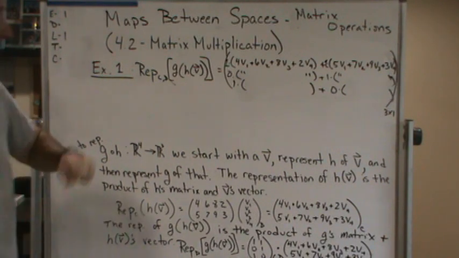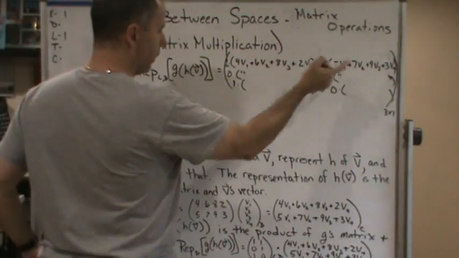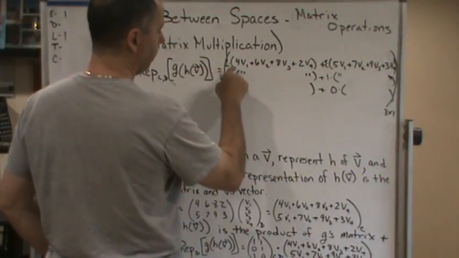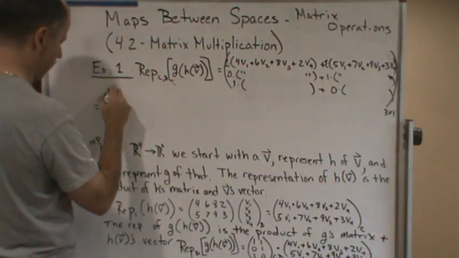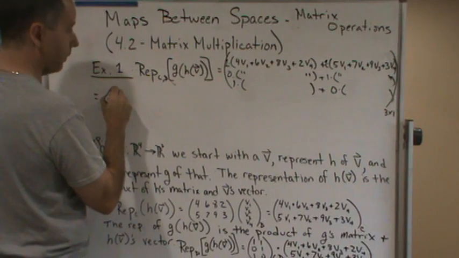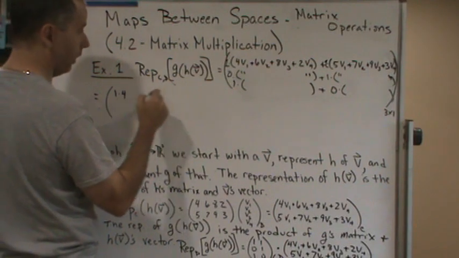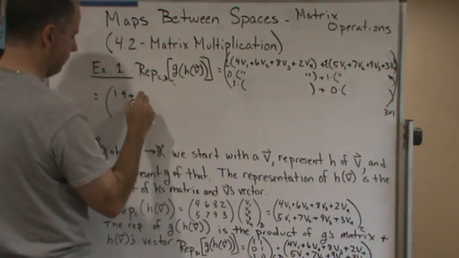Yeah, let's just do this. So I'm going to rewrite it this way. What I'm going to do is I'm just going to regroup these. So this is going to be 1 times 4, so it's going to be 1 times 4 plus 1 times 5